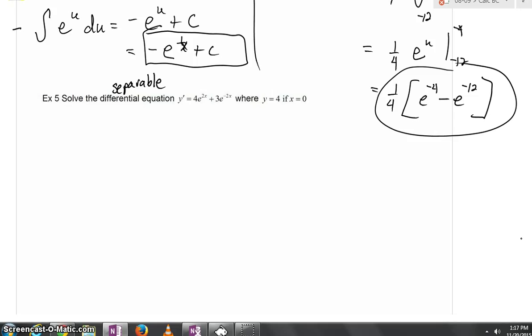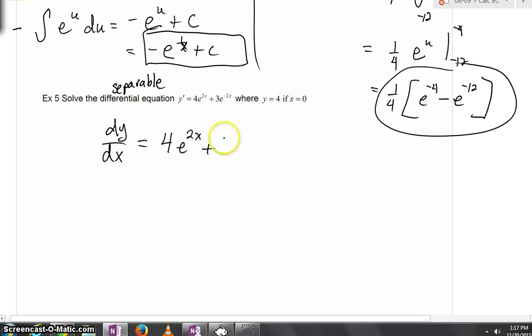And a separable differential equation is something we will talk about more in the near future. But suffice it to say, what that means is you could separate the dy and the dx. I could multiply both sides by a dx, so to speak, and all of a sudden you would get